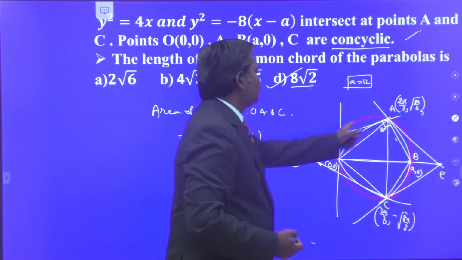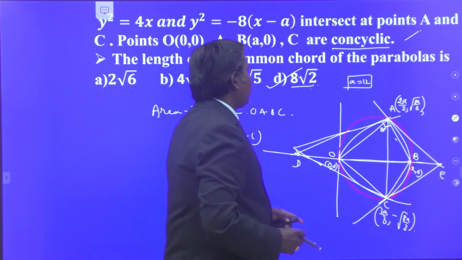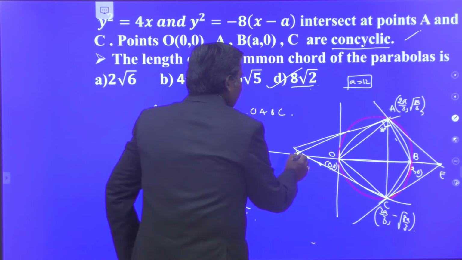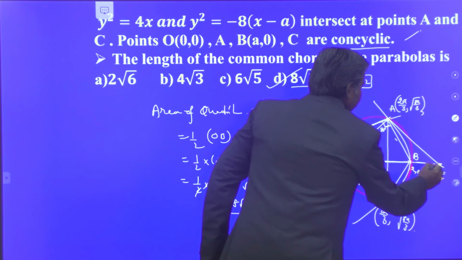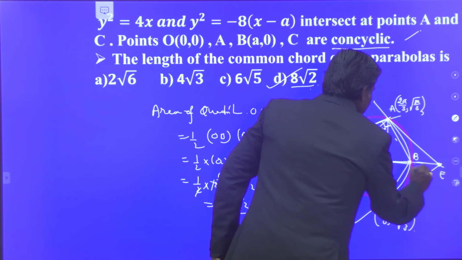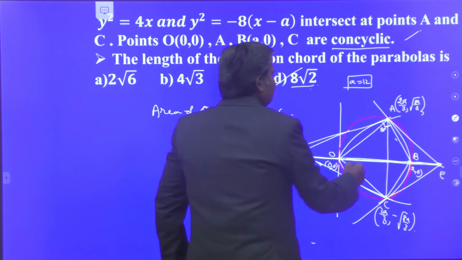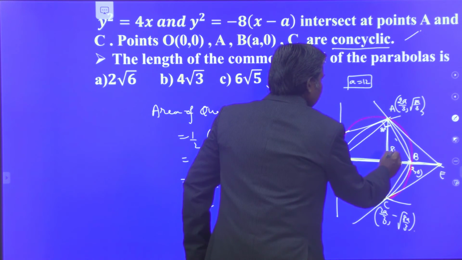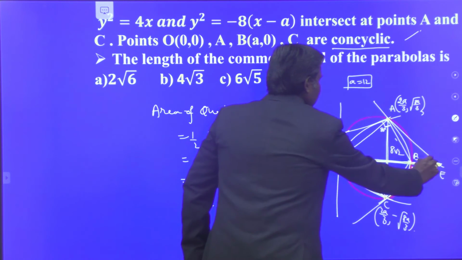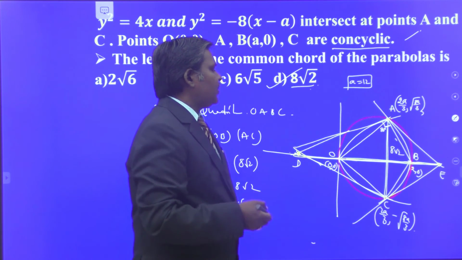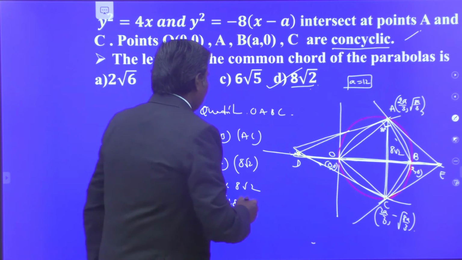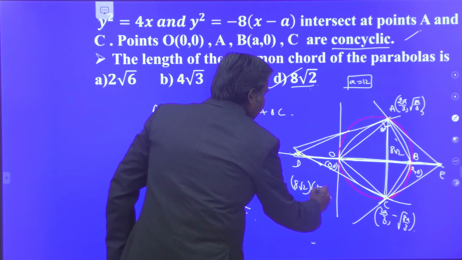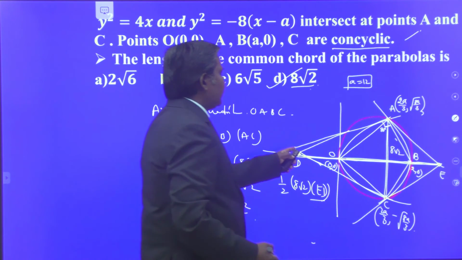Once you find the D and E values, you can write the area of the quadrilateral also. How to write that? Write the tangent equations and solve them. You get the points D and E. So you can write the distance from here to here. After getting the distance, already you know the distance. What is the distance? 8 root 2. Once you have this distance AC, you can write half into 8 root 2 times ED. How to get the coordinates of E and D?